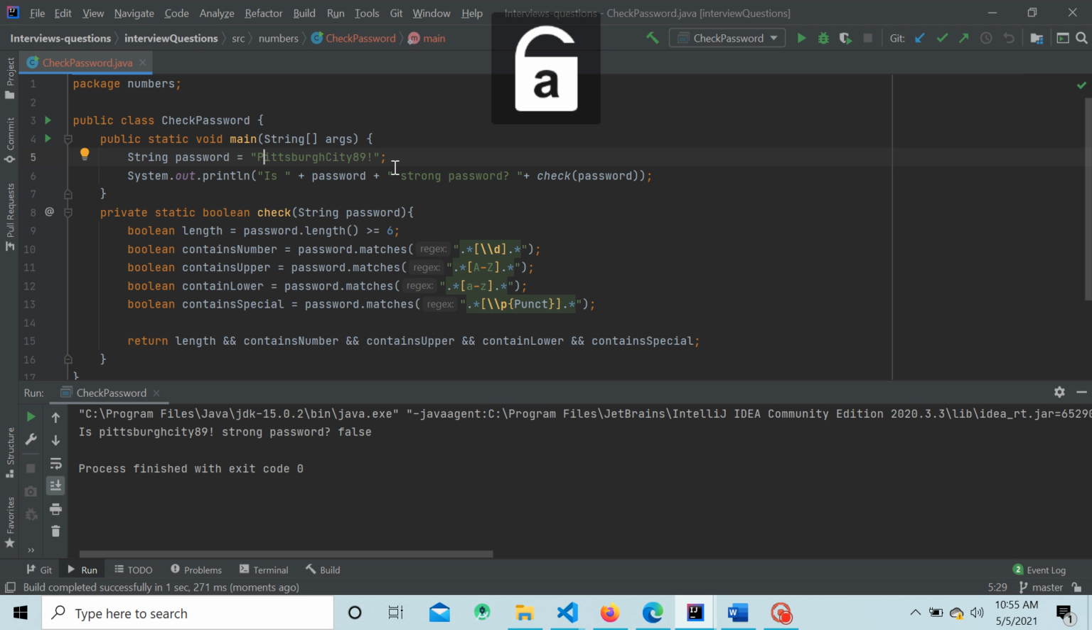Now I remove these numbers. Let's check that one also. It is false again. If I return the number, then I remove the exclamation mark, we got false again. So now when I put another special character like percent,